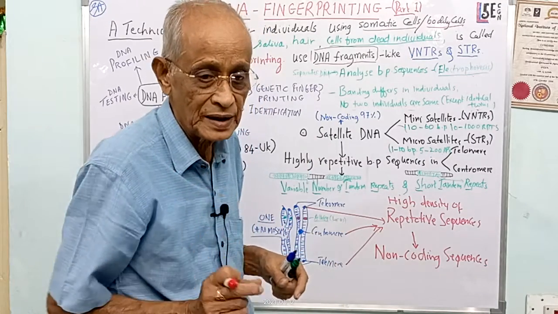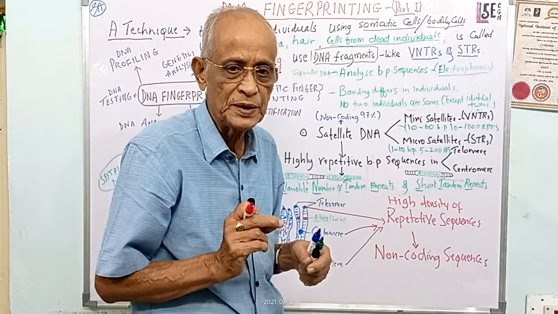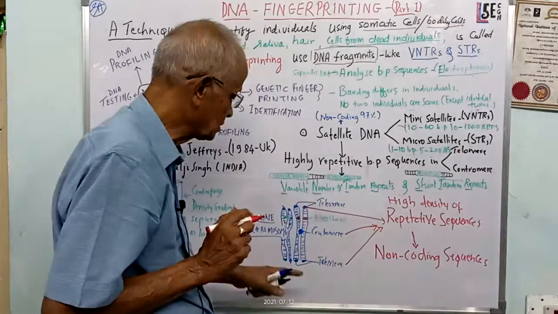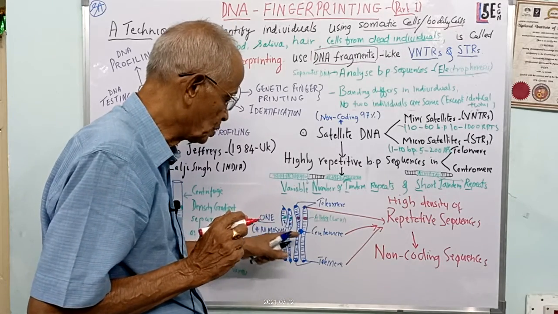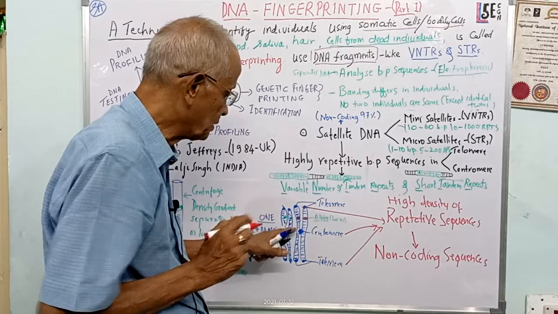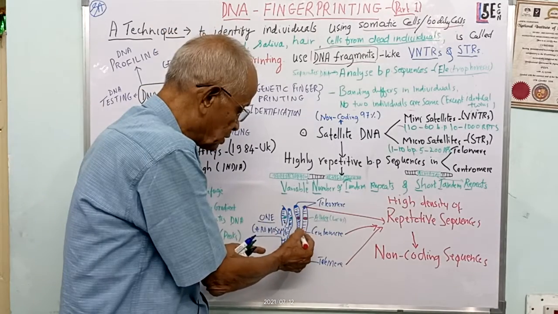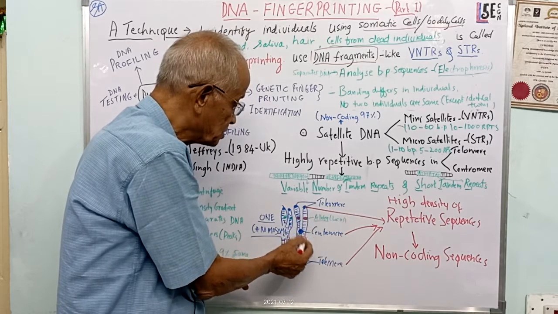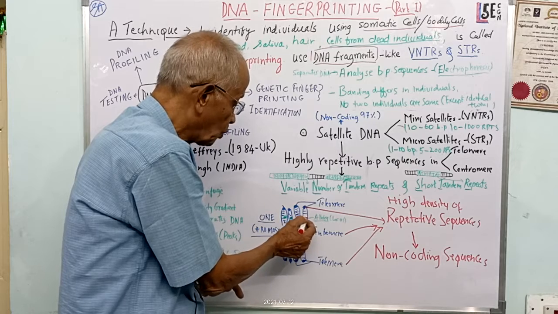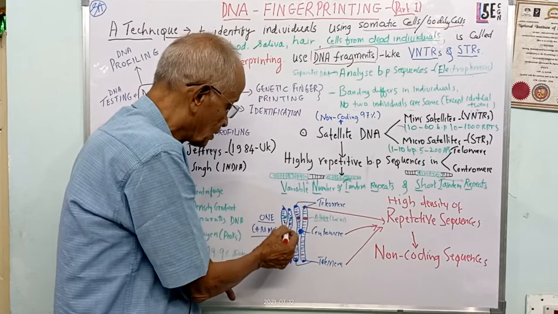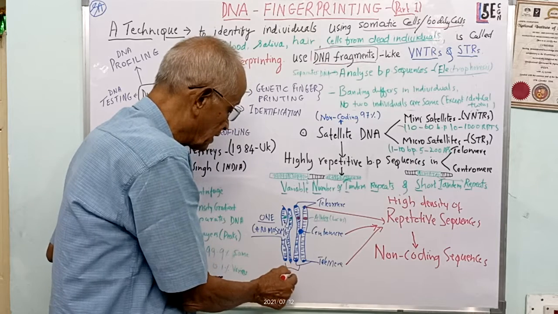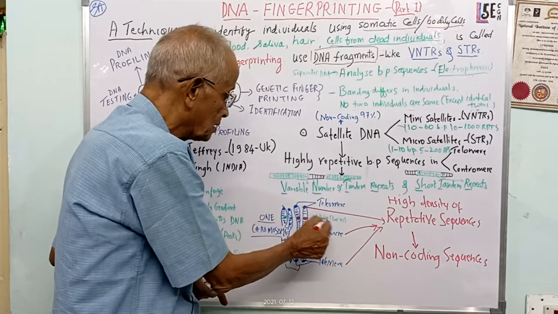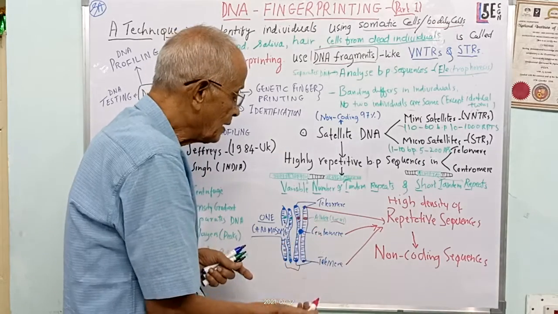When I said satellite DNA, the DNA especially seen at telomeres or at the centromere region. So you know this is a chromosome. This is a chromosome about to divide. It has got a centromere attached and you got here the two chromatids and it will contain genes and they are called alleles. One here, they are the same thing. This is another chromosome. These are the one pair of chromosome. So corresponding to this, there will be one more gene here. They are called allelic pairs and they show